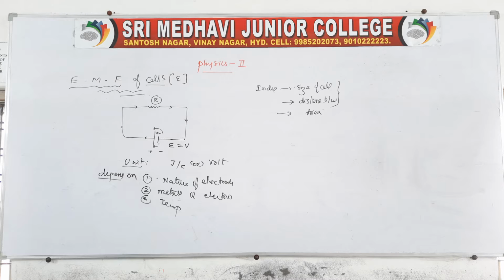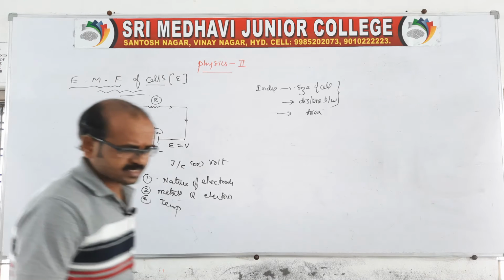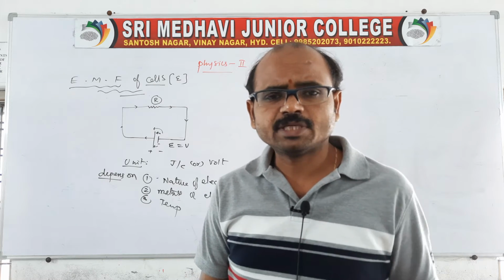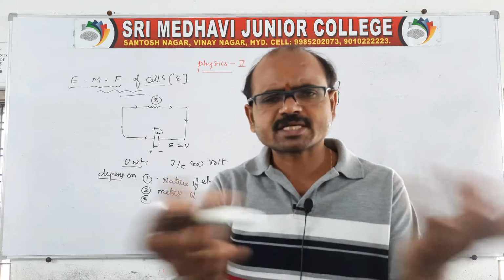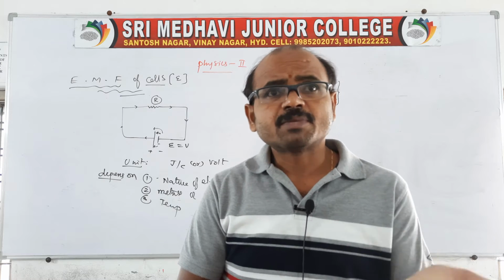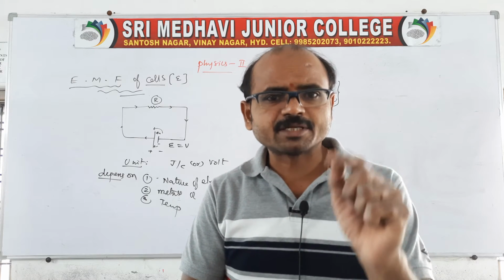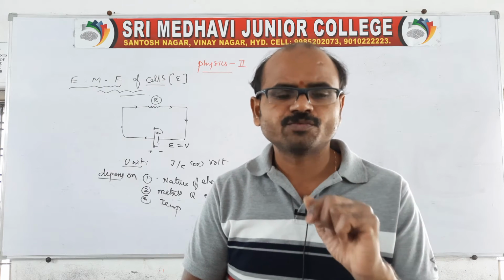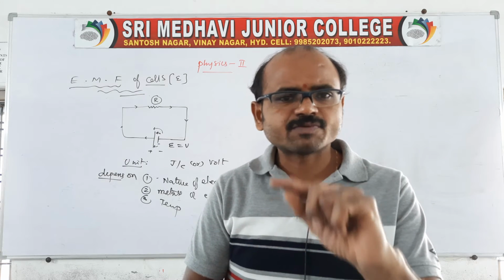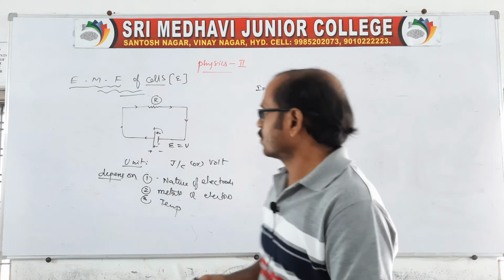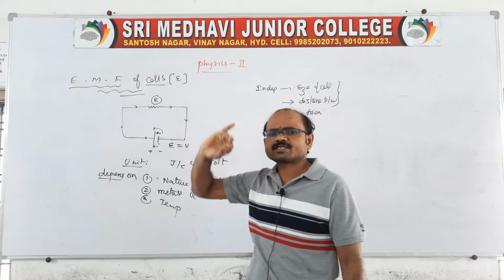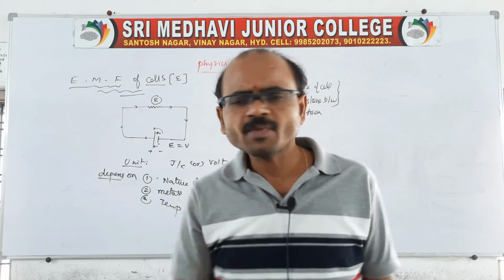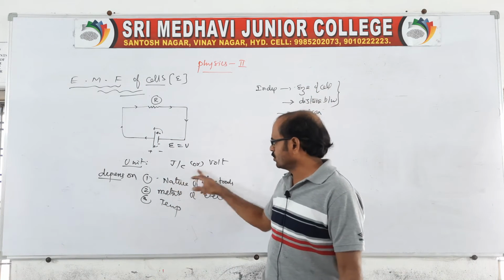The EMF of a cell is nothing but the work done to drive the charge around the complete circuit, including the internal part. Of course, externally it happens, but what I mean is it must be complete, in the sense that internally also the charge or current can flow from positive to negative, and inside the cell also we can call it EMF. It is just work done to drive the charge, it is not an effect and it is not a force. And what are the units? Joule per coulomb, or volt.